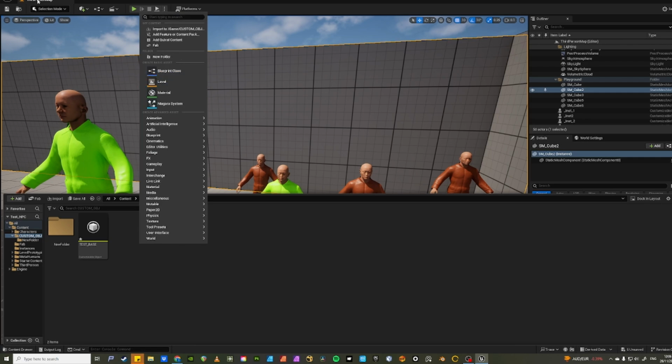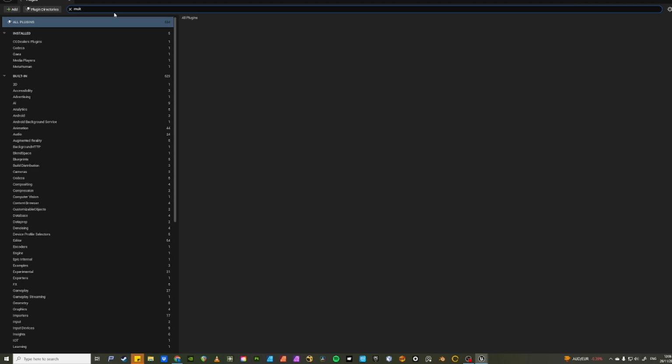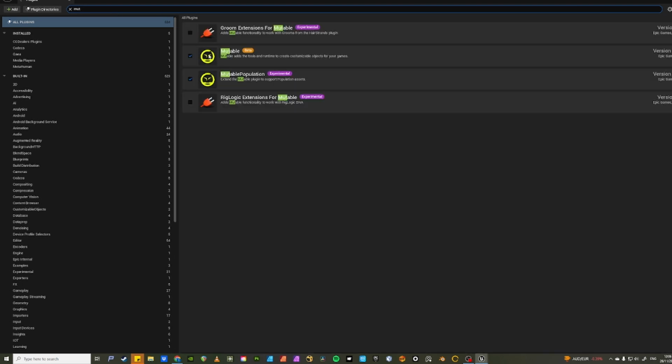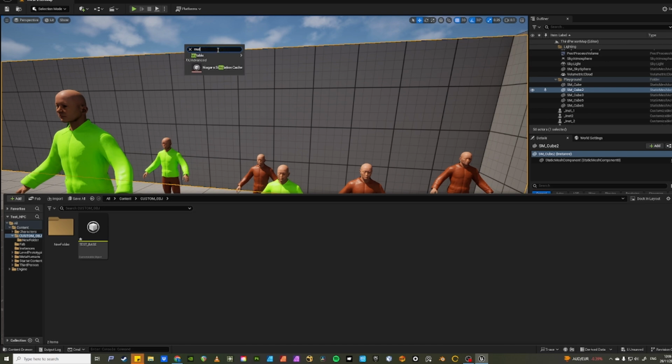So the first thing you would need to do is make sure, if you follow the other tutorial, which you should because I didn't really explain how to do it, you'll want to have the Mutable plugin already done, and then you want to have the Mutable population plugin also turned on. You click it, that'll involve a reset. I've already done it, so I'm not going to do it again. If we go up to the Mutable menu here,